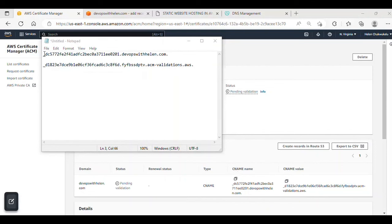As you can see, these are the values over here. The first one is the CNAME name, so I'll just copy this, but I'm not copying everything. I won't copy the domain name. I'll just copy the value from here to the end. So I'll copy this, and I'll go over to my